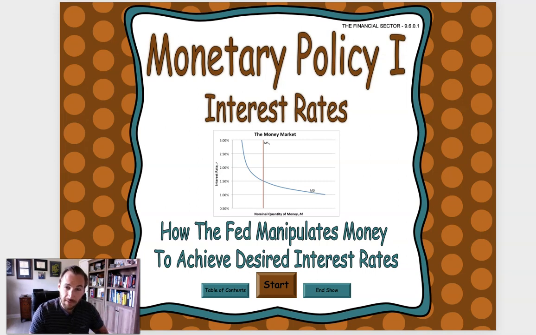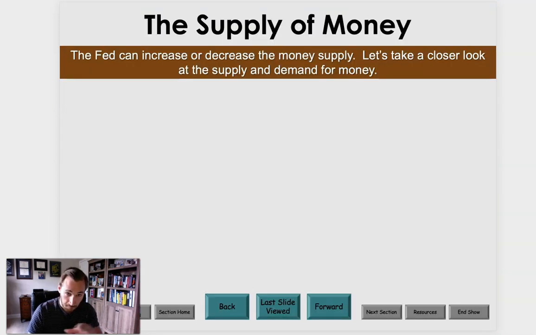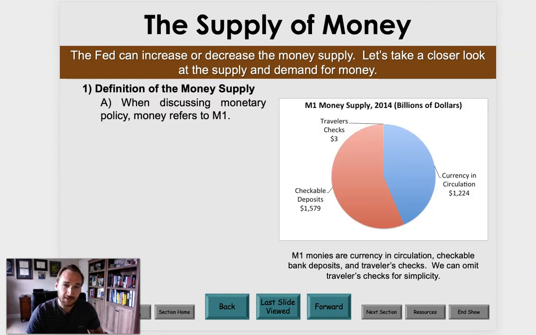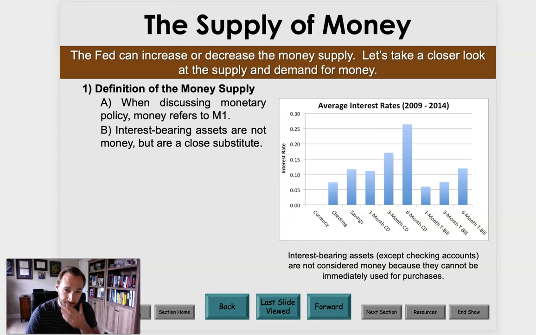So looking at monetary policy here, kind of convenient timing, to be honest. This is exactly what's going on in the world right now. The Fed is actively manipulating money markets to try to get us out of this COVID-induced recession. So let's look at some of the ways they do it. I'm not going to go word for word. I'll try to touch upon the big points. I know your time is valuable, so let's see here. As I just referenced, the Fed can increase or decrease money supply. A friendly reminder, M1 is the most liquid of the monies out there. It's paper cash plus things that are immediately available.